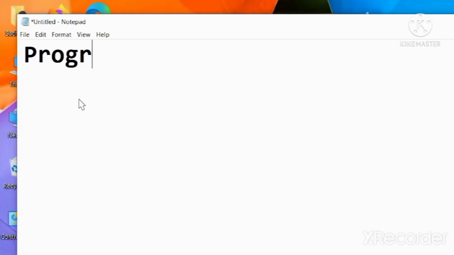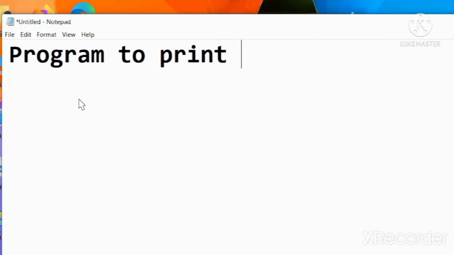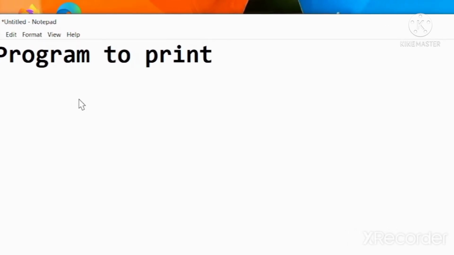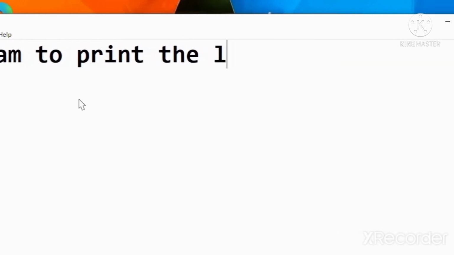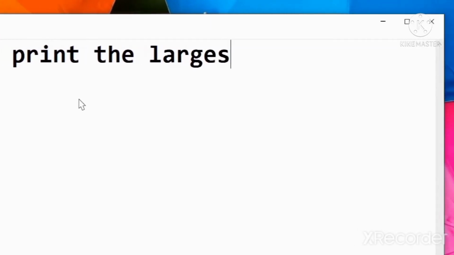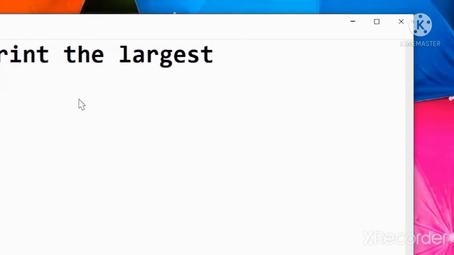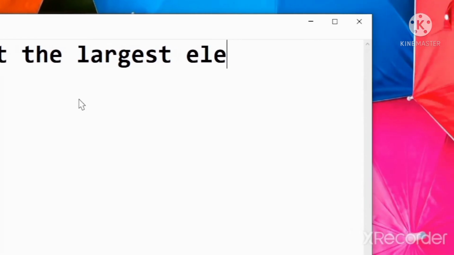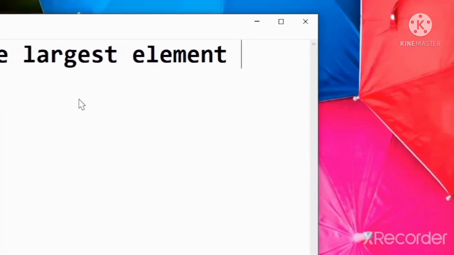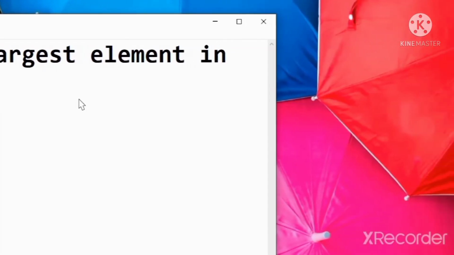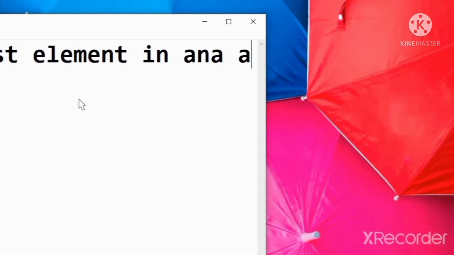Program to print the largest element in an array.